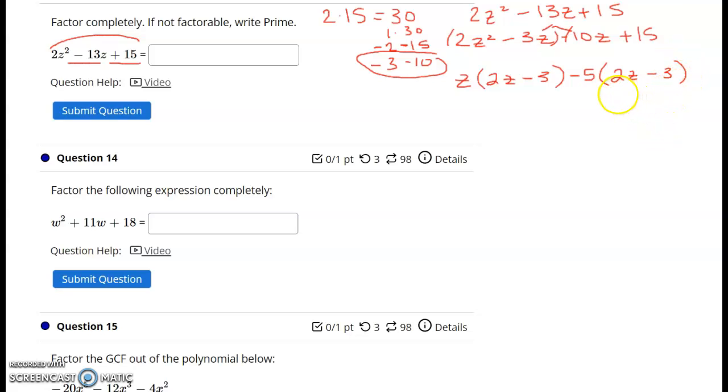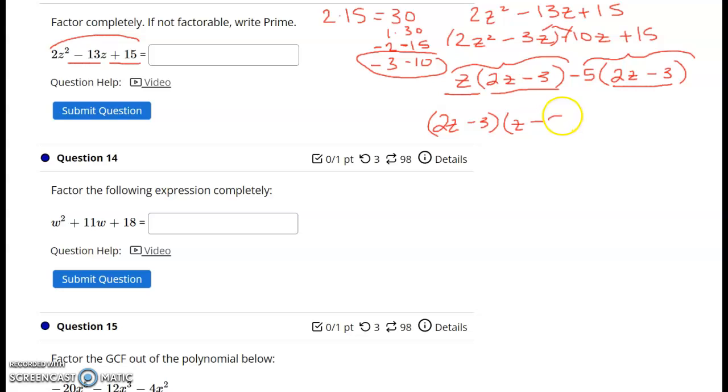Now notice we did do that correctly, and because we did that correctly, these are going to be the same. If you didn't do it correctly, some of your signs might be different. So don't just change your sign, look and make sure you've factored it correctly. Okay, so next we factor out the 2z minus 3. So we've got one term here and one term here. So we'll just factor out a 2z minus 3. And then we're left with a z there